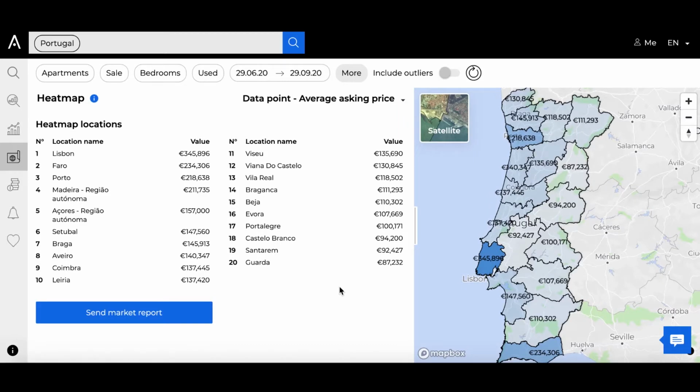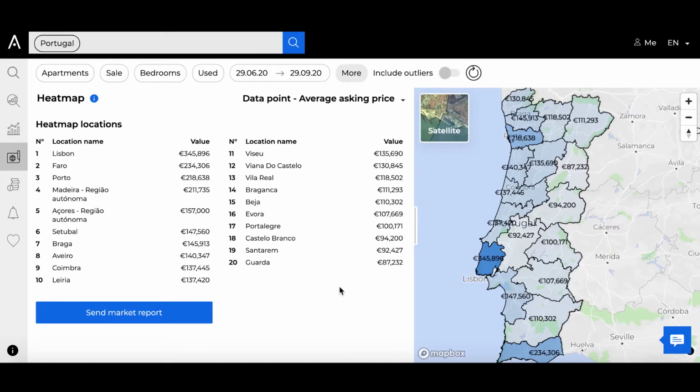Market analytics enables the analysis of market trends, property valuation, information such as the number of properties for sale at a given time, the average time on the market, all segmented by price, location, typology, and more. It's so simple to create market reports which get instantly sent to your registered email address in spreadsheet, PDF formats,